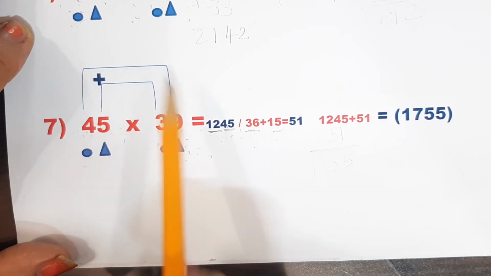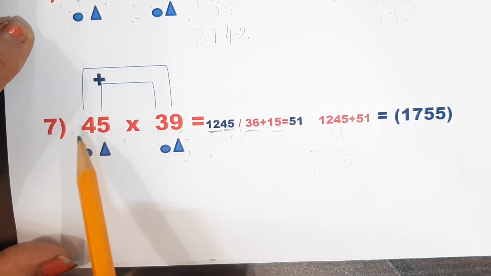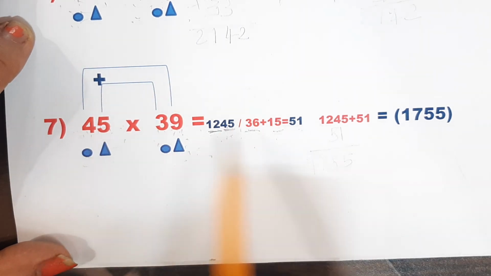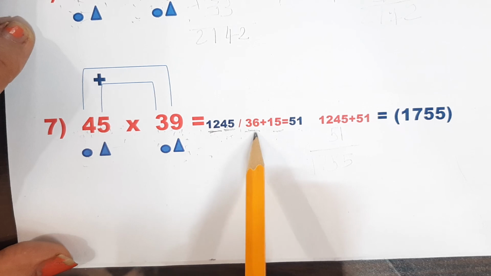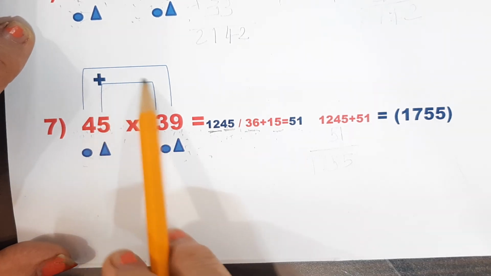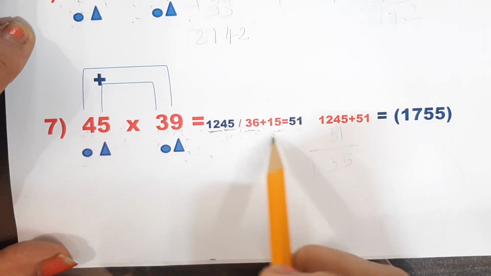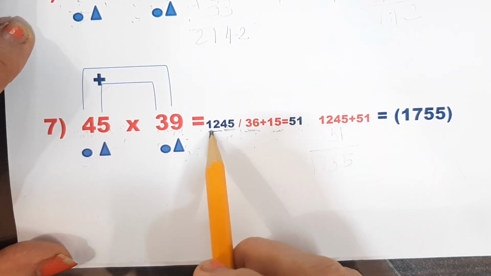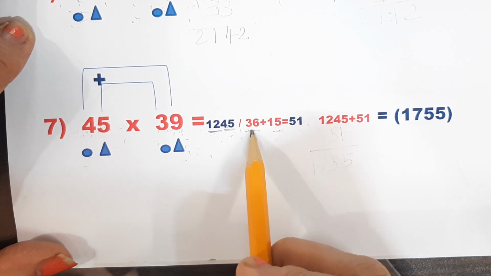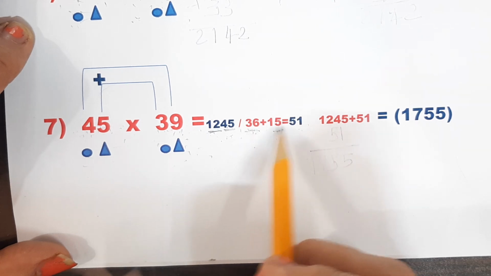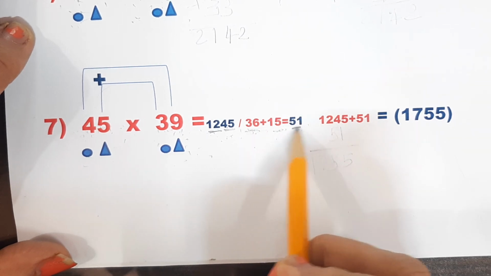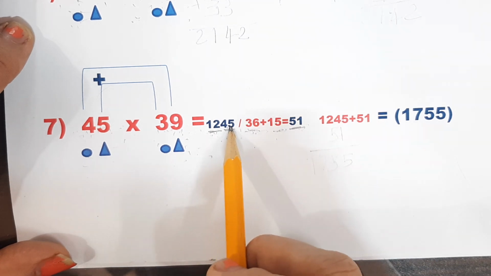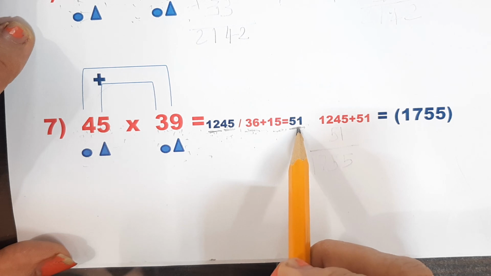Now we will go toward the bridge system. In the bridge system, the bridge of 4 is 9. So 4 multiplied by 9 is 36 and 5 multiplied by 3 is 15. But you have to add both the figures. In the sign figures you do not add, keep them as it is, but in this one you have to add both the figures, and the answer will be 51. The sign system answer is 1245 and the bridge system answer is 51.